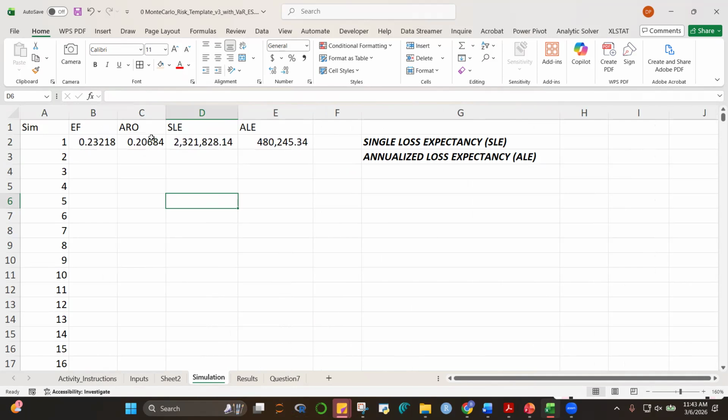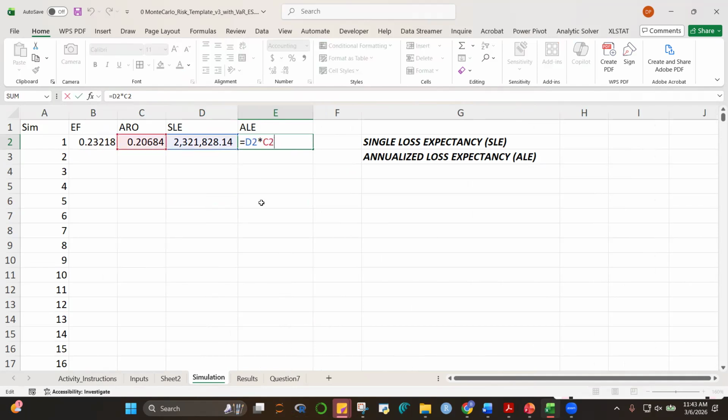Okay. And then lastly, our annualized loss expectancy. So this is very easy, class. It will just be your single loss multiplied by your ARO. Okay, so we do that. Single loss multiplied by our ARO. So these are annualized loss.